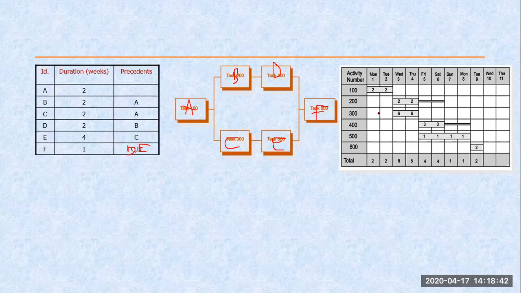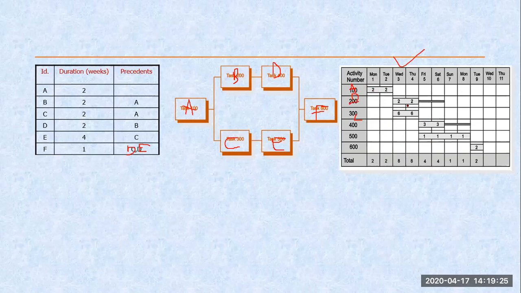Now after drafting this network, this sheet is generated. So here they are calculating how many resources are required. How many resources are required for my task activity A? 2 resources are required. So the total is 2. Here, B and C are parallel activities. How many resources are required for B? My B needs 2 resources. C needs 6 resources. 6 plus 2, this becomes 8. Similarly, the next one. So now this is the actual graph.